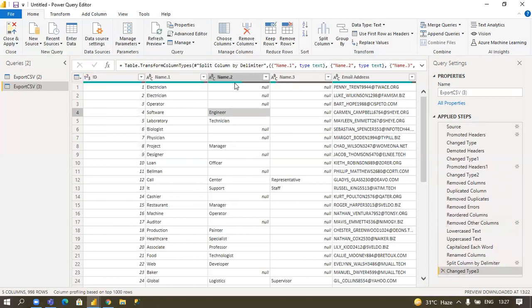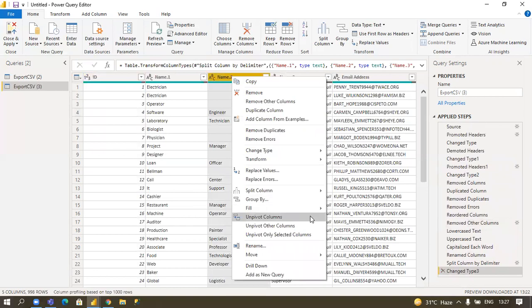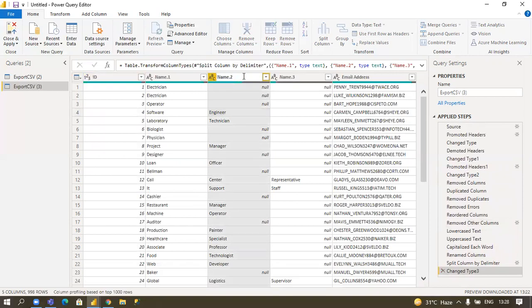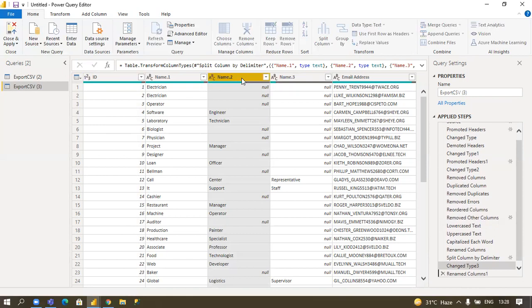And again I click on any column and right click: unpivot column, rename and move. I have already explained the move, and I have already explained the rename. You can directly double click here and rename your column, like last name, enter.